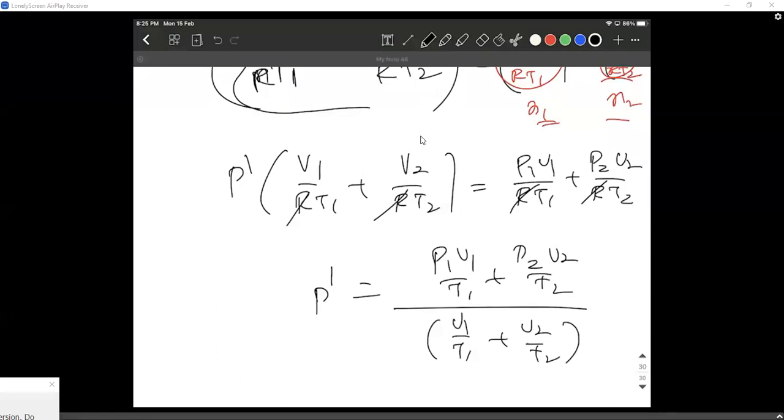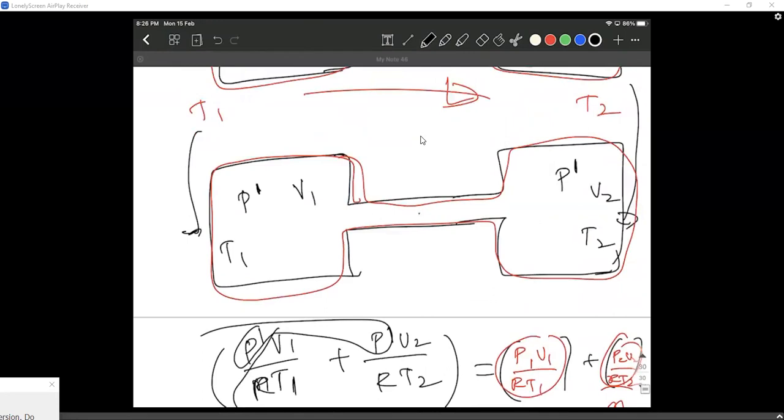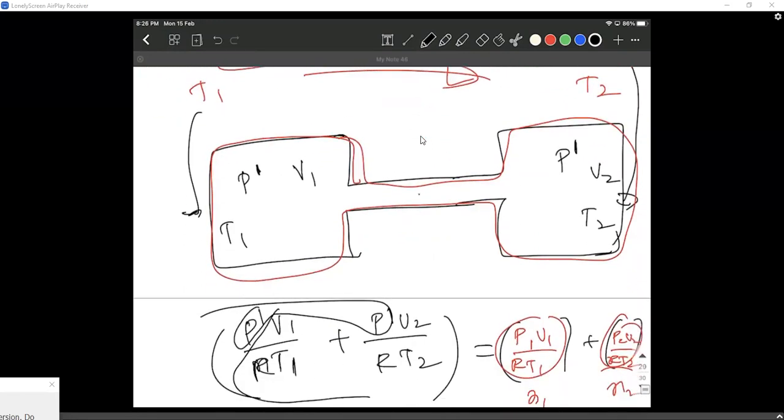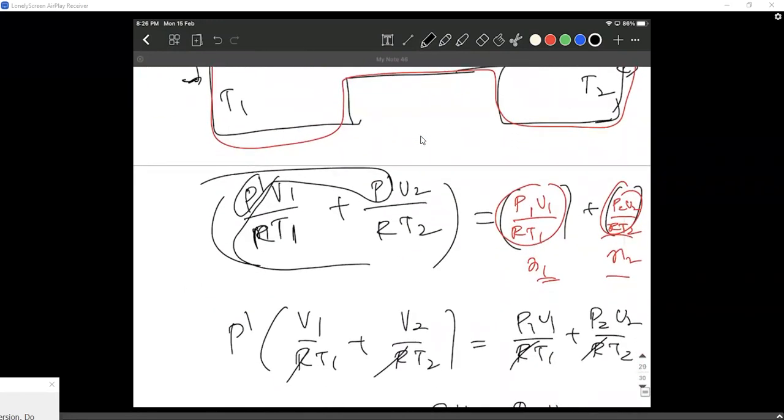But you see what I'm trying to do. There are no specific rules, ways or steps to do these kinds of problems. All you have to do is simply follow practically what is happening, like the initial case and final case. Simply try to draw the initial case and final case, and almost all the problems can be solved just by looking at the initial and final cases only. There isn't a lot of pressure on these kinds of questions.